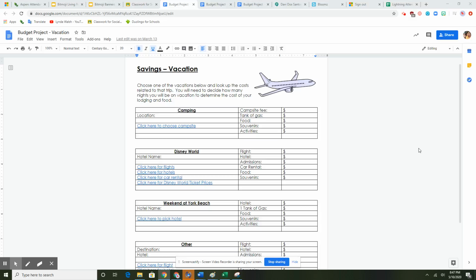Hello, budget project lovers. This is the savings for vacation page. Now, this is an optional page for you to do in the budget project. It is a little bit challenging. For those of you that love a challenge, this would be a great thing to do